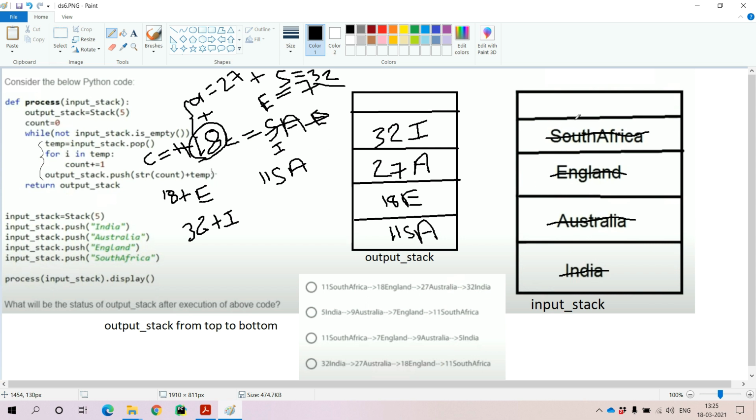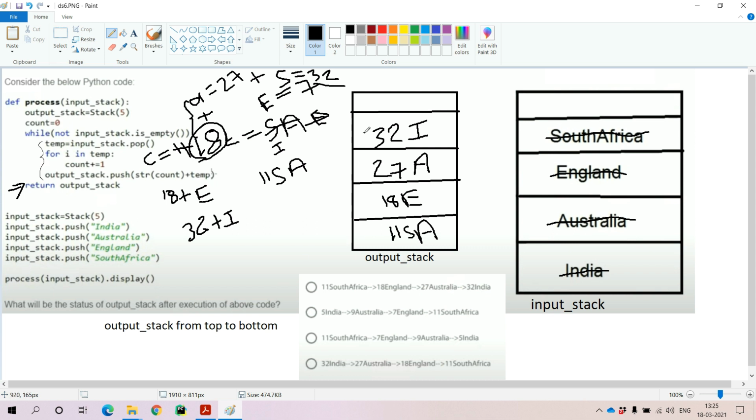Now there are no elements in the input stack, which means the while loop condition fails. It will not enter the while loop, and it comes outside of the while loop. The next statement in the given function is to return the output stack. And we have to return all the elements of the output stack from top to bottom.